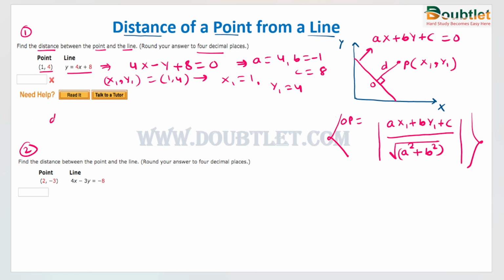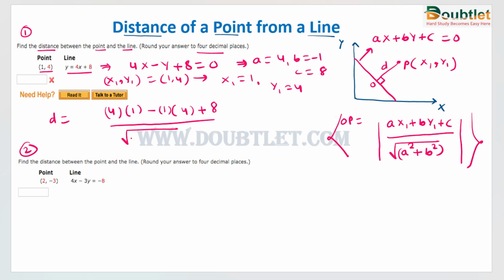Now if we need to find the distance, then we will simply replace these values in this formula. So a is 4 and 4 needs to be multiplied with 1, then minus, the coefficient of y is minus 1 here, so minus 1 needs to be multiplied by y1, so y1 is 4, plus 8,